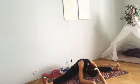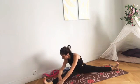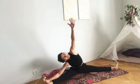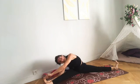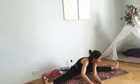Very nice. And then we're going to go up little by little. The last thing to roll would be your neck. So try to take care of that neck. And we're going to go to the right side. So you can stay right here, or you can grab that right foot and maybe take that left hand all the way to your right foot. Very nice. And then maybe we can go to the other side, just walking little by little,